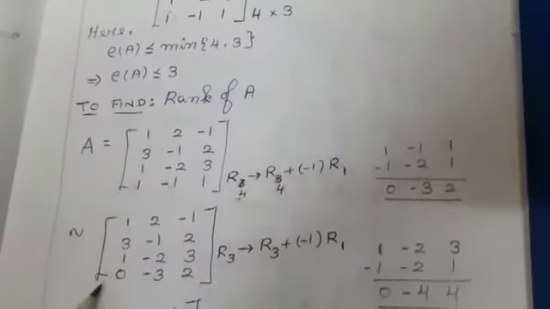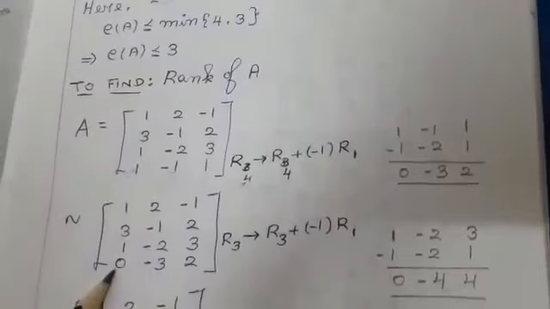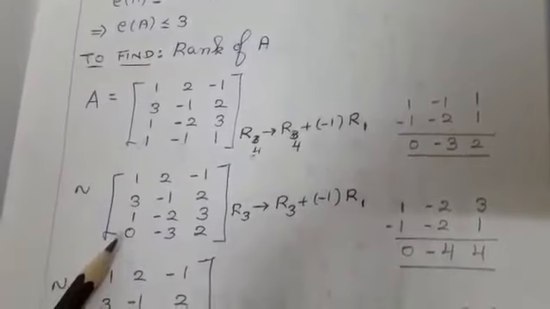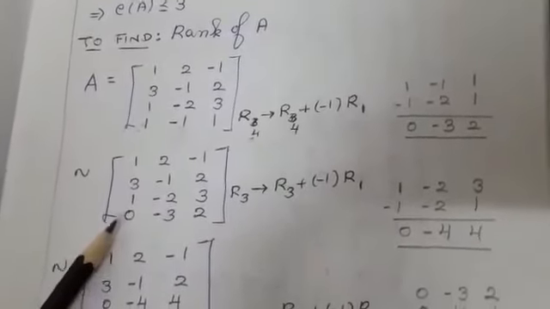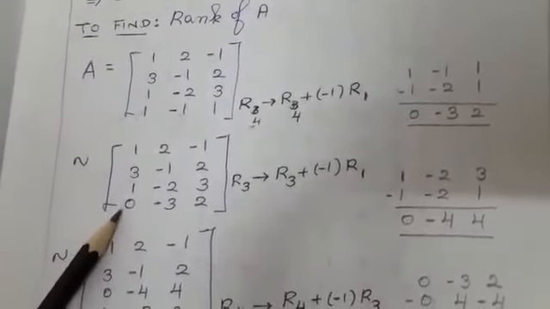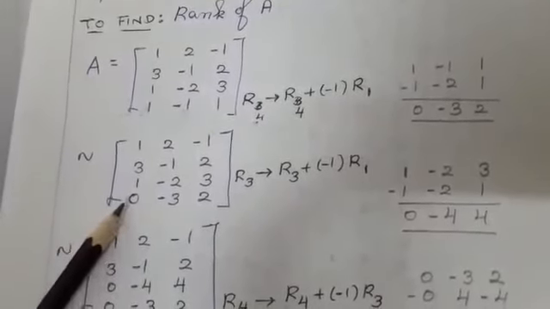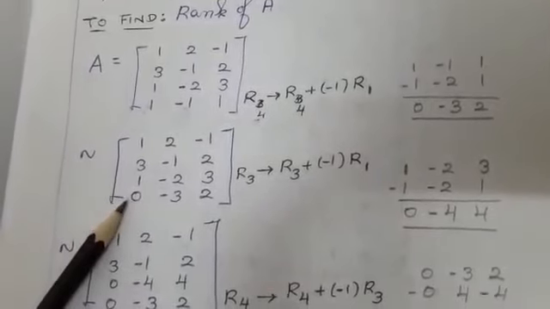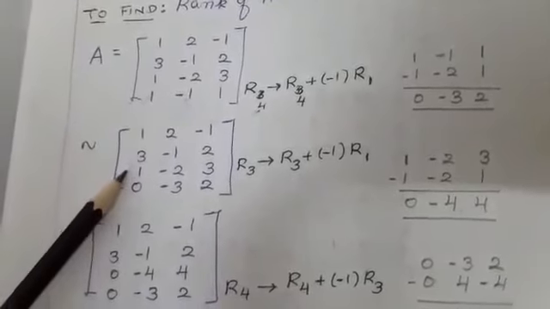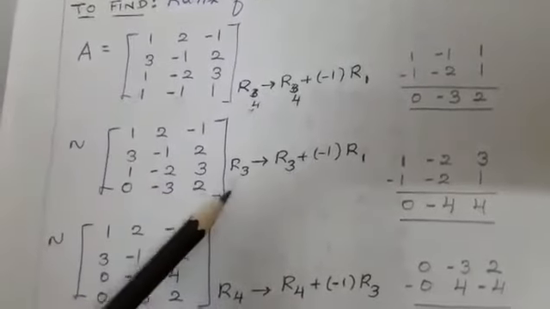Just see the second step, students. I am just using the concept of row reduction method. I am converting this 1 as 0. Once I am converting this 1 as 0, again I should not bring any number to this position. You can do the calculation, but this place must not be disturbed. If you disturb this place, you will not get the answer. And the next target is, I am going to make third row first element, that is this 1 as 0.